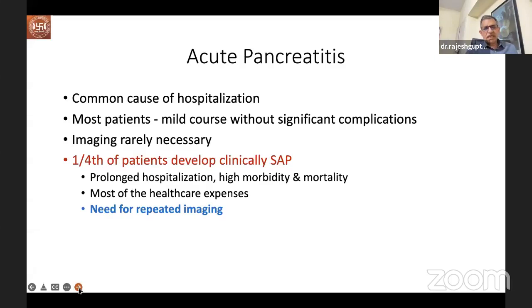So I'll start with the basic definitions and then correlate these with the CT findings. It's important to understand that acute pancreatitis is a common cause of hospitalization, but fortunately three-quarters of these patients have a self-limiting course and imaging is rarely necessary. However, for the remaining one-quarter of the patients who have prolonged hospitalization, high morbidity and mortality, there is a need